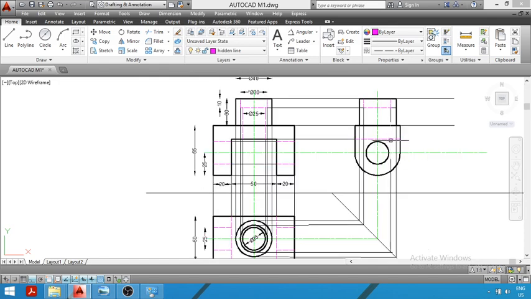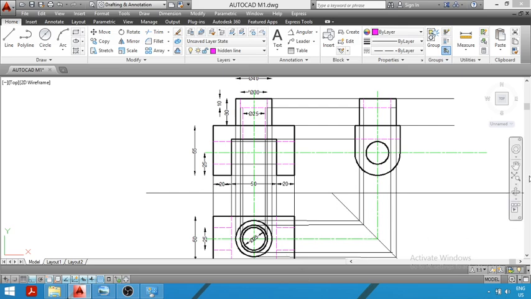Now in the next step, we will draw the hole which is of diameter 25 mm. The height of the hole is already marked. You can see the hole lies between this line and this lower line. So the hole begins from this point and it ends here. The height is already projected. The height will lie between this upper dotted line and this lower dotted line. Now we need the diameter.